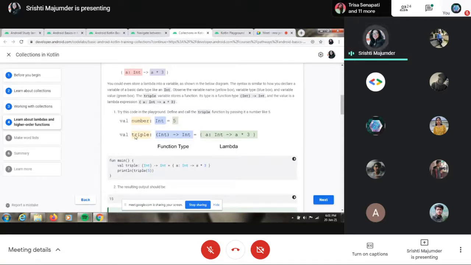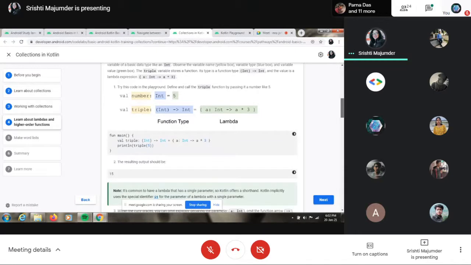So what I do is declare a variable named triple, which is of the type function from int to int, which equals my small lambda that we did earlier. So you can actually declare a lambda as a variable in order to do the rest of the programming. And this is a very useful part when you work in Kotlin and in Android development.